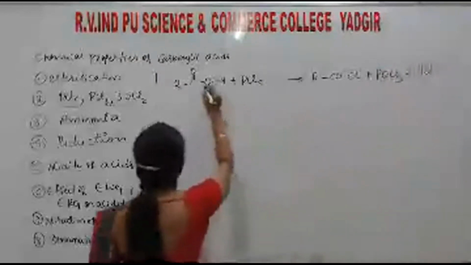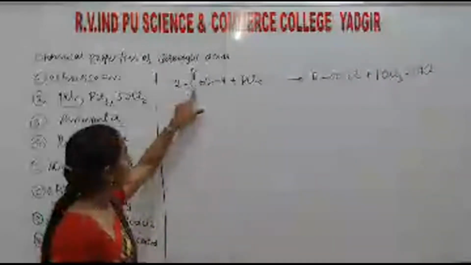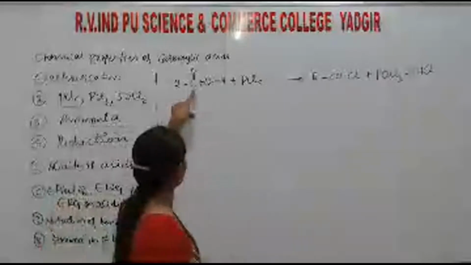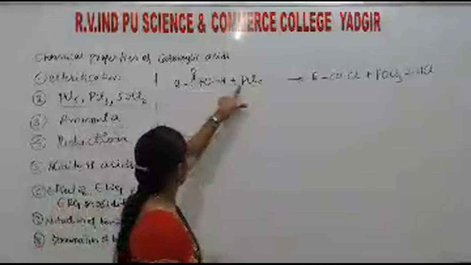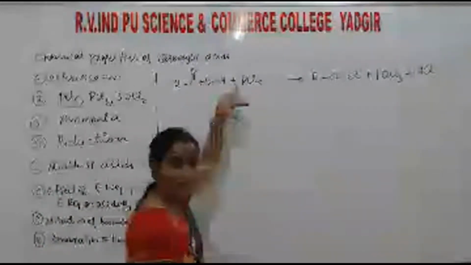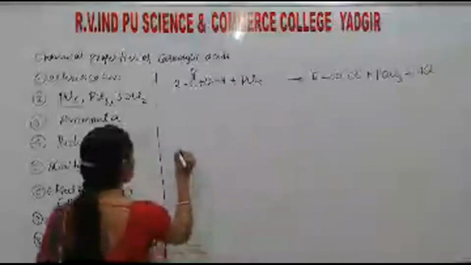Bond breaking takes place here as well as here. See, RCOCl means this one, RC double bond O Cl. Next, POCl3. Another one is HCl. This is the product. If it reacts with